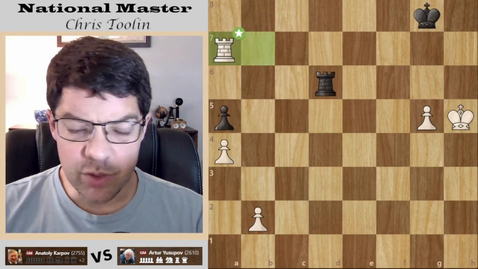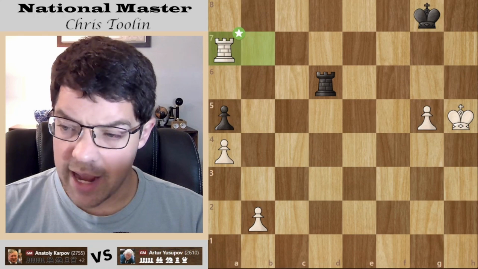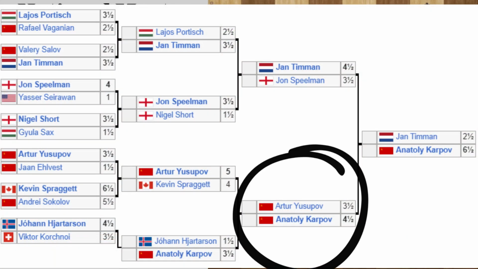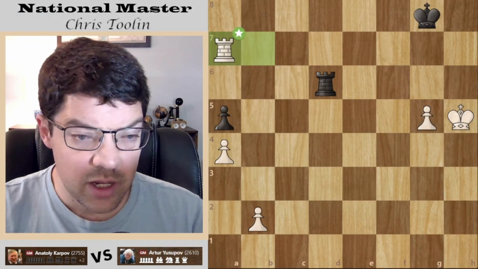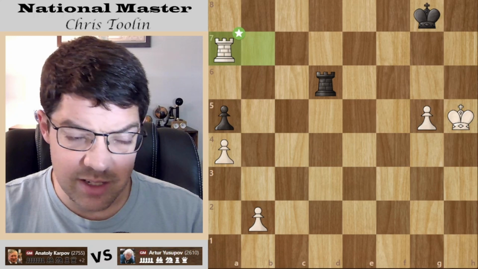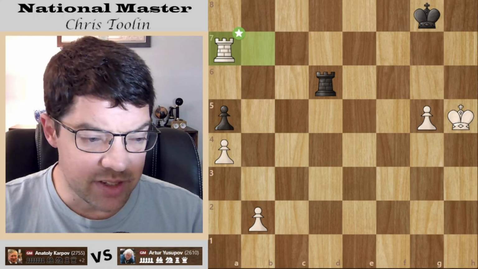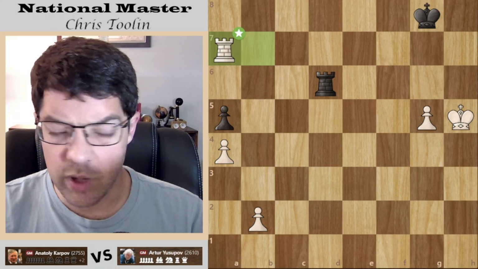So way too much. Game, set, match, Anatoly Karpov goes on to win, dominates the match versus Timman, and goes on to play Kasparov in another epic match. So the two of them, the greatest rivalry in chess history, without a doubt. And this is how it starts. You forget some of these matches and how they went. Karpov seeded right into the second round and defeats 3 very strong players on his way to play Kasparov.